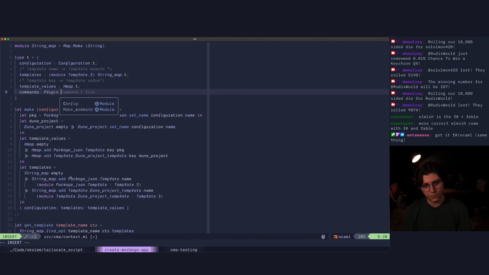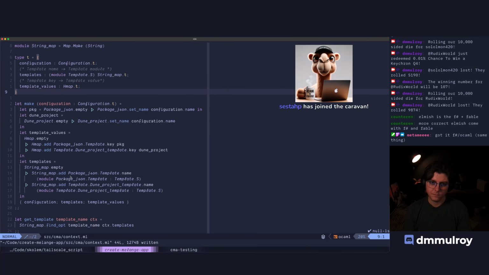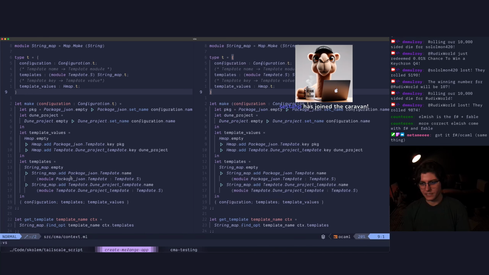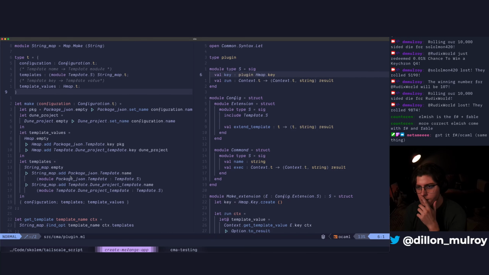Oh wait, hold on just a second. How are we going to express this with the type system? We probably want to do the same thing. So all of our plugins